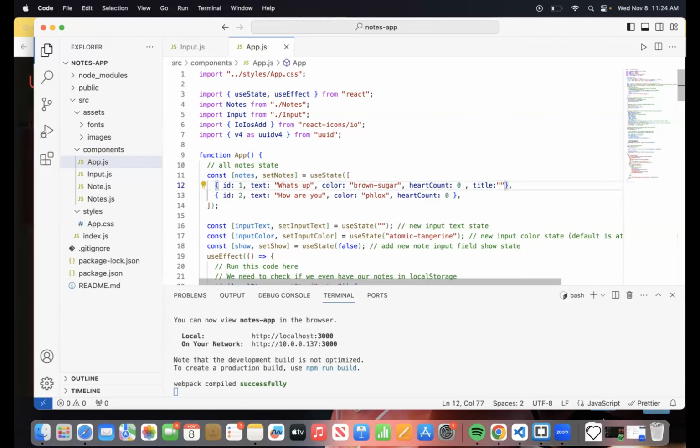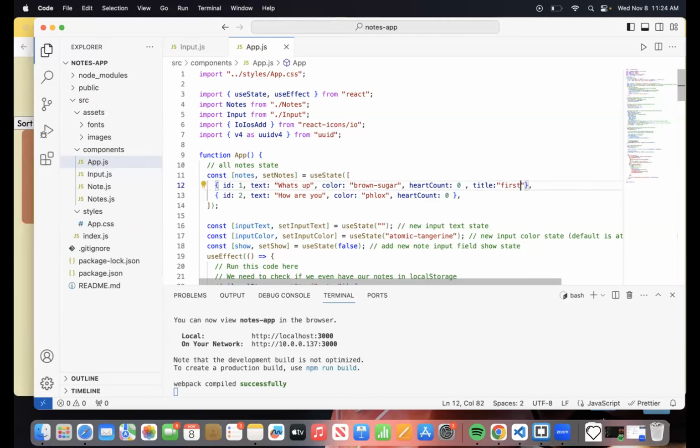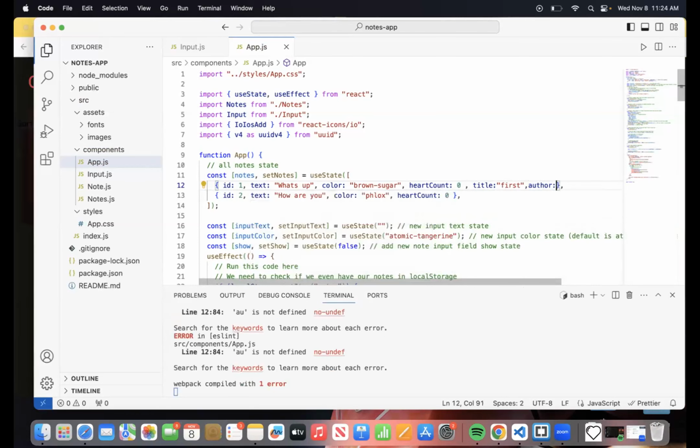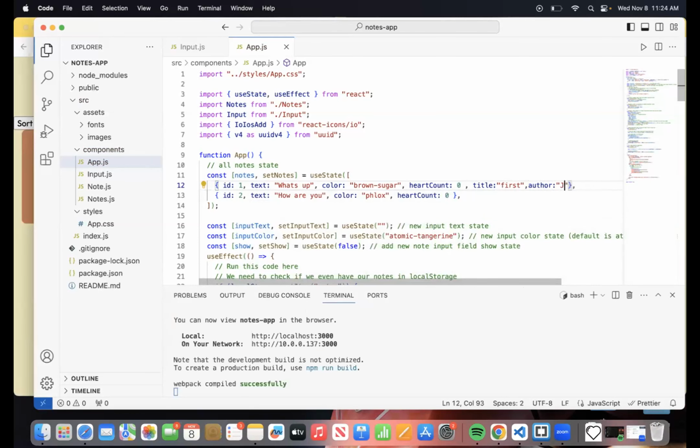Let me write down first. And let me write down author as, I need to add author too, right? So let me add author as, I don't know, James Bond. Okay.